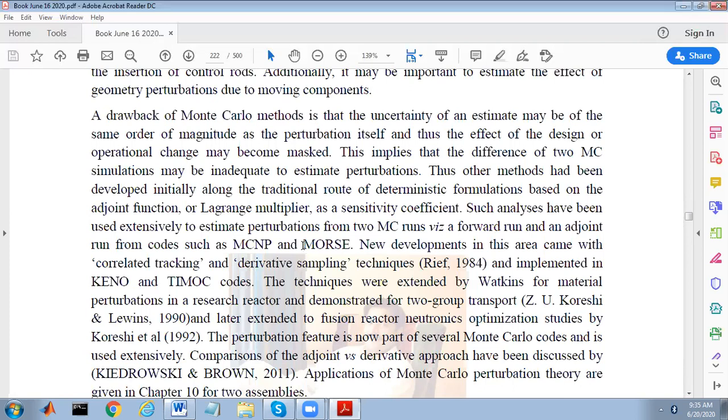Anderson for those who are interested in deterministic, and Morse for those who are interested in stochastic. So I started with Morse. I did go through all of Anderson, but since my professor's one of his earlier PhD students had done Anderson with the Lagrangian, the forward and backward with Dr. Lewins. Grazza had done his PhD on that, so Jeffrey Lewins suggested to me that why not look at Monte